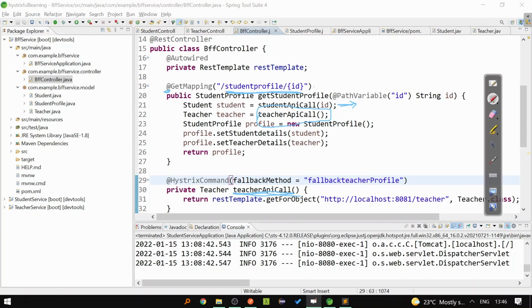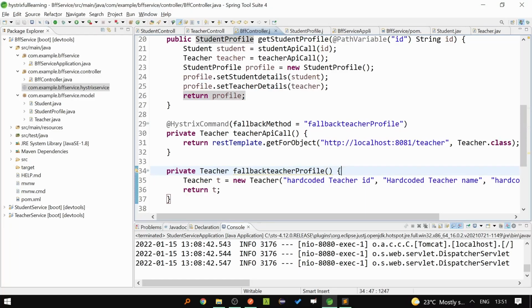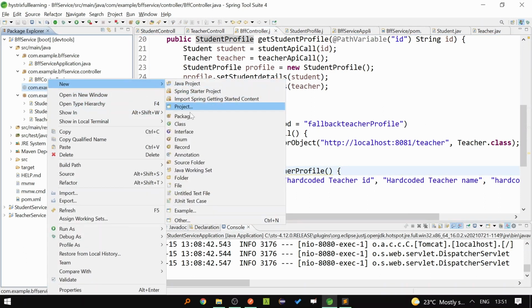So Spring Boot had a chance to auto-wire the BFF controller proxy and call getStudentProfile on that proxy instance. So the only option pending with us is to take the API calls outside of this class and auto-wire that class in this class and call the API methods with that auto-wired instance, so that Spring Boot will auto-wire the proxy instances. So I have created a Hystrix service package and I'm going to create two classes over